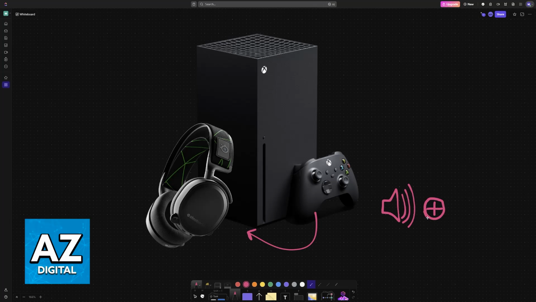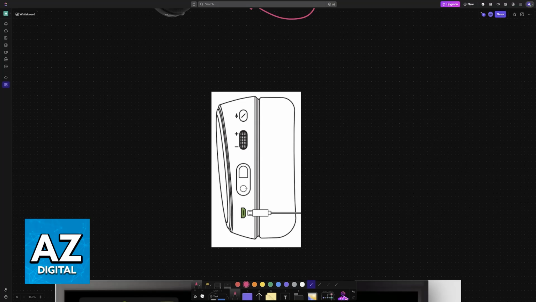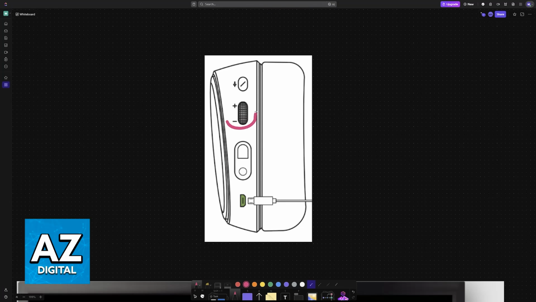You don't have to download anything, you don't have to reconnect the headset, and all of this can be done through these settings. Before you start, I just want to make it very clear. If your specific headset model has one of these physical sliders, either on the headset itself or on a specific spot on the cable, I would highly recommend trying to use this first. Maybe you accidentally dragged it all the way to the lowest setting possible, and this is why your volume is low. So if needed, make sure that you use this physical slider available on the headset.